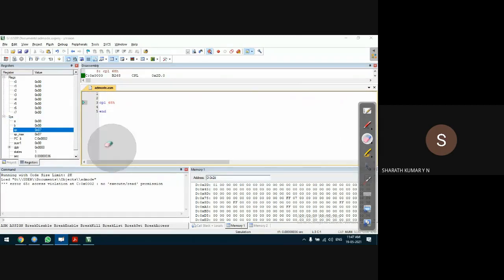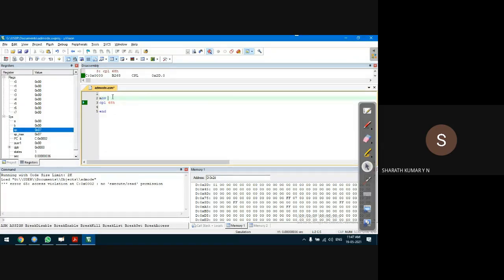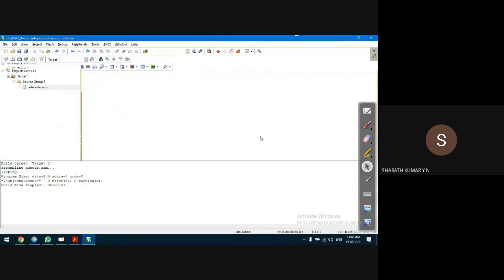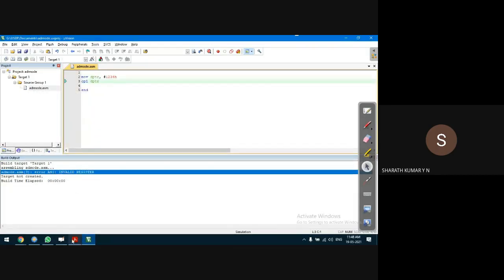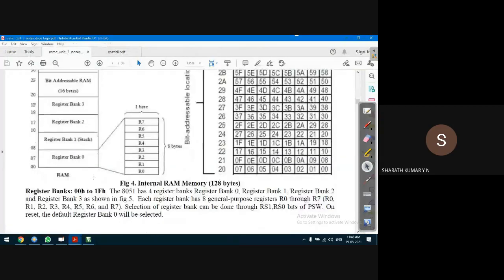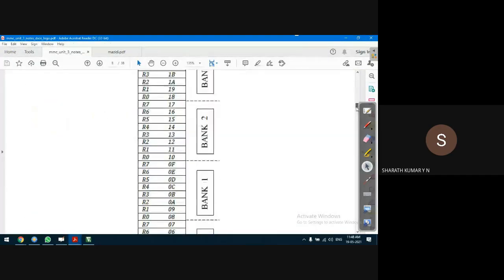we cannot use 16 bits of data. Okay, let us try that one also. I'll take some data into DPTR. Move DPTR, I'll take an example, 1234H. Complement DPTR. First of all, let us check whether the compiler allows this kind of instruction. Not possible, of course, because the complement operation is not used for a 16-bit register. It is used only for an 8-bit register. Okay, here we go. So that's about the complement operation.